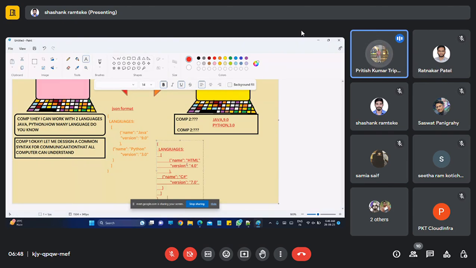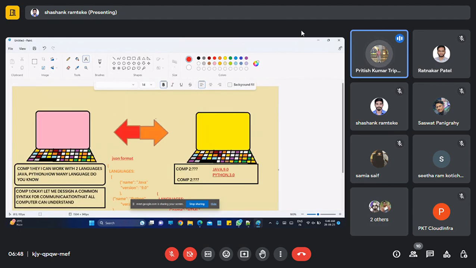So what will be the output, guys? Here the output will come like HTML, which is working on 4, and C, which is working on 7. Is it clear?